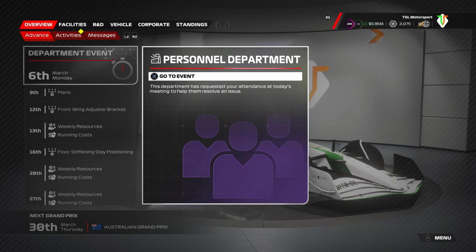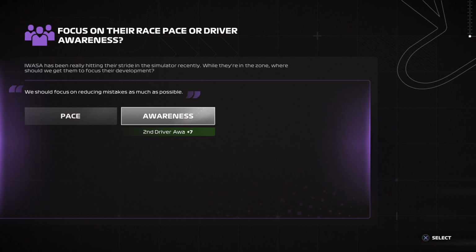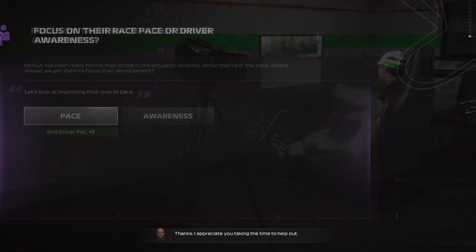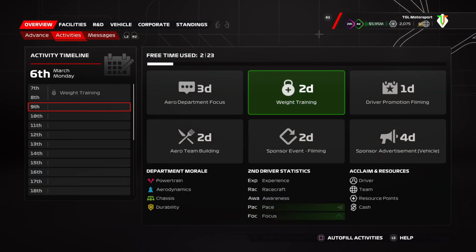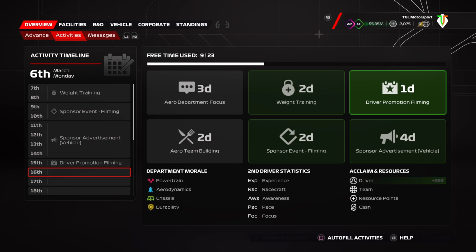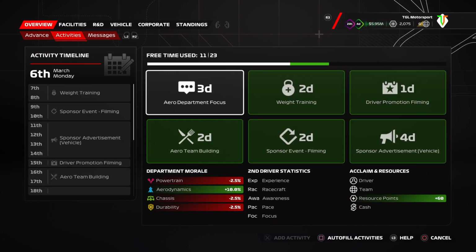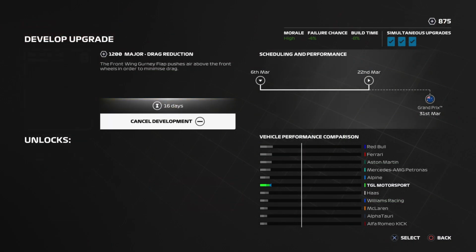Australian Grand Prix. We're back here once again, starting off with a personnel department kind of activity thing, and we can either decide to put Iwasa's race pace up by 7 or his awareness up by 7. We're going to go for the race pace, see if he can actually bridge the gap to us a little bit here. Now that our car is sitting firmly in the midfield, towards the top end of it with Alpine. So yeah, we'll see if maybe Iwasa can get close or maybe even in the points this race weekend,